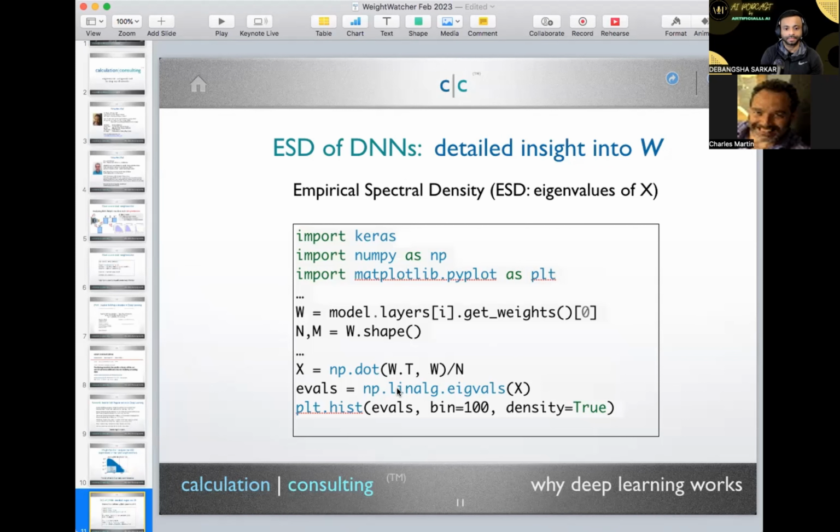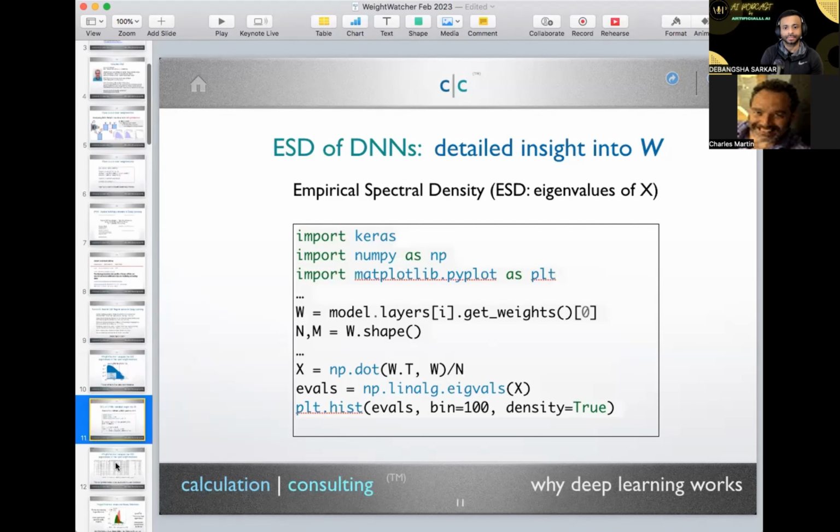This is a key idea because we're not looking at W itself. We're looking at its eigenvalues. And then you plot it. So this is really what's going on. The tool automates all this for you, gets the normalization right, and has all sorts of features. It's just designed to make this easy for you.